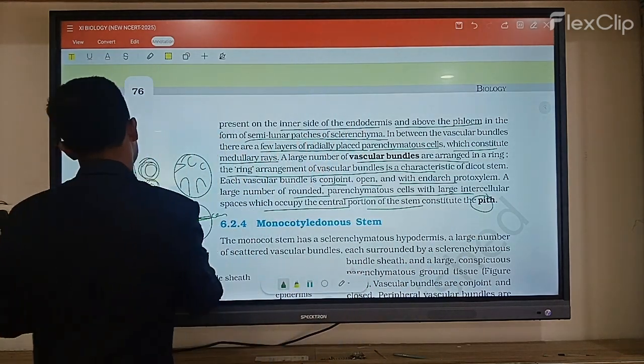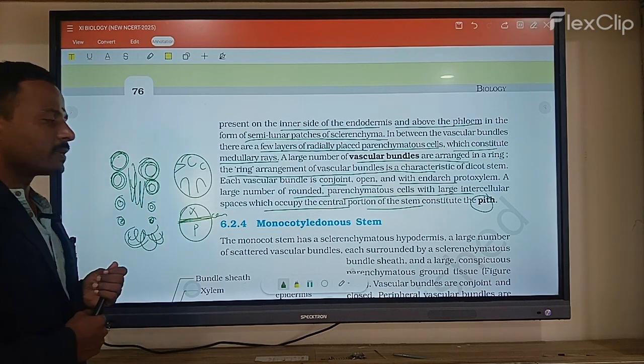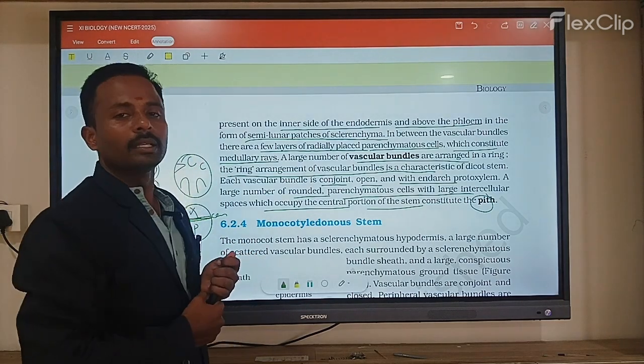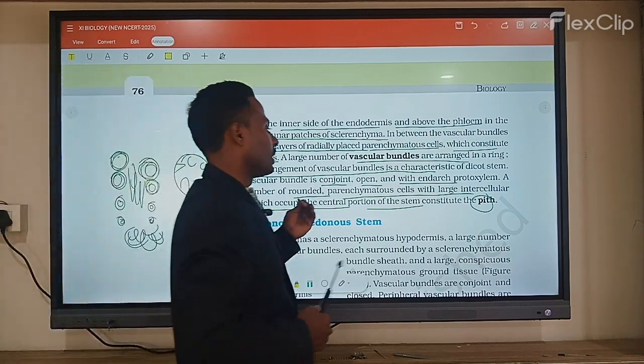So what occupies that central part? The pith is present completely there. Okay, this is the transverse section of the dicot stem. Now let us discuss